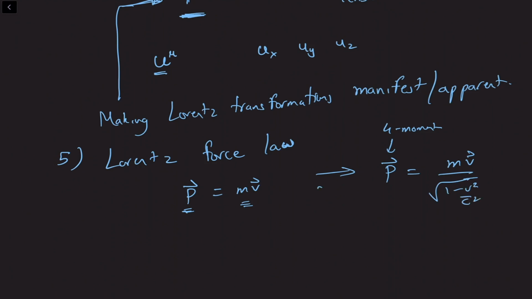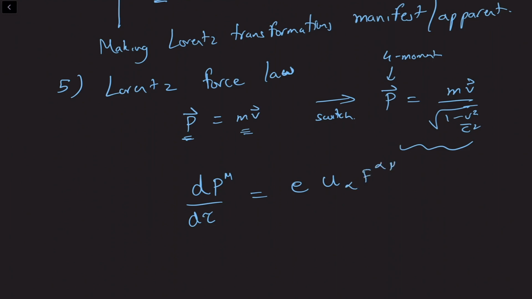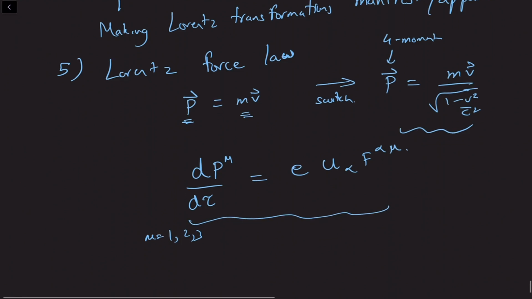Okay, so we need to make this switch, and when we do this, what we find is this. Okay, so the 3 components of this equation are exactly what you would expect for the Lorentz force law, provided we re-identify the components of